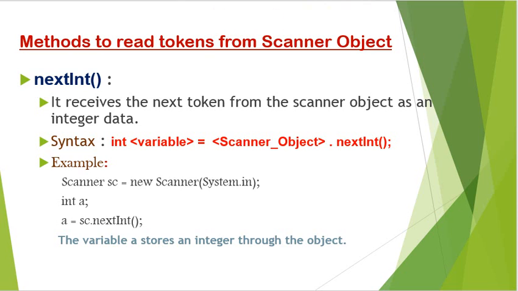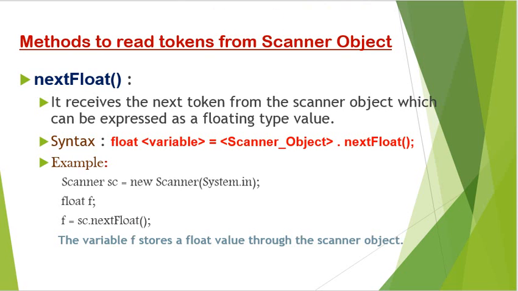Let's move on to our next method. Suppose we are dealing with a floating value. The floating data type is the real data that we are dealing with. So when we are dealing with real numbers, the nextInt method will not work. In that case, we will use nextFloat. The function is nextFloat. Here again, F is in capital letter.